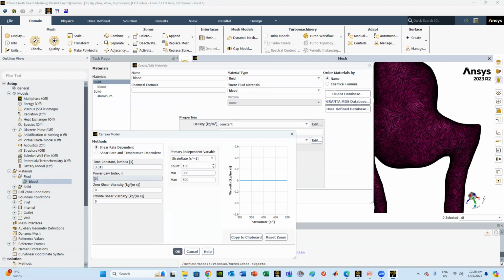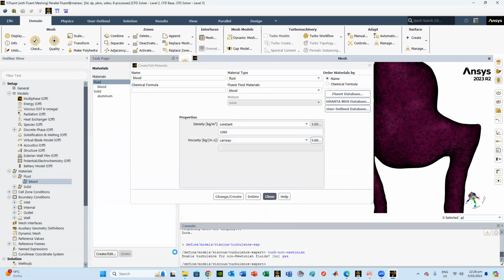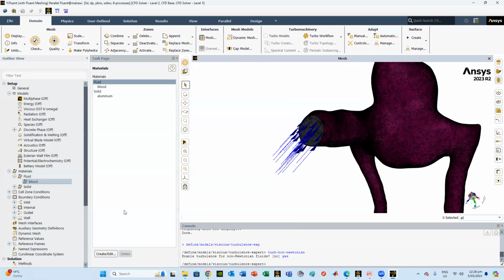N is 0.3568, and mu0 is 0.056, and mu infinity is 0.0035. So that will apply for us as a non-Newtonian flow in the system, which is something it's created now, and it's awesome. So after we did that, I'll type here quit to exit the command of define models, and